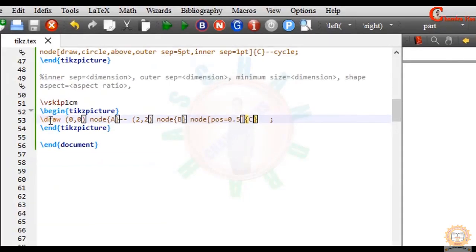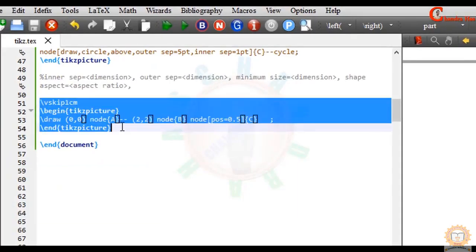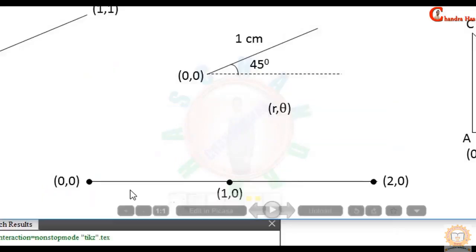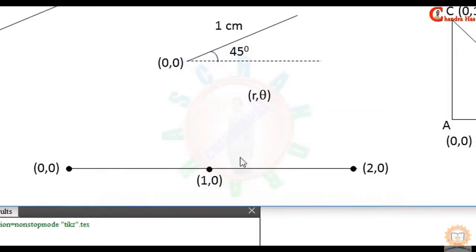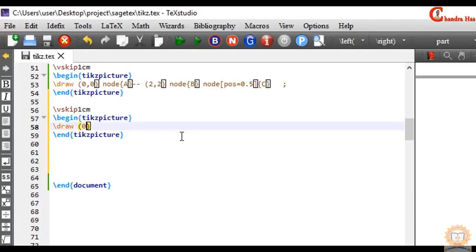I will again copy this. In the next example I want to draw this straight line with these 3 circles and these 3 points: 0 0, 1 0 and 2 0. Just write 0 0, circle, radius, take 5 point.